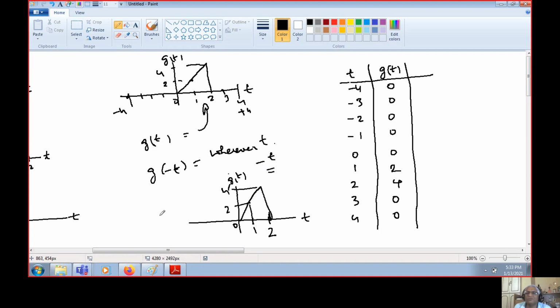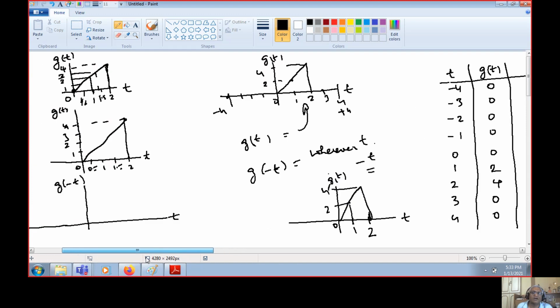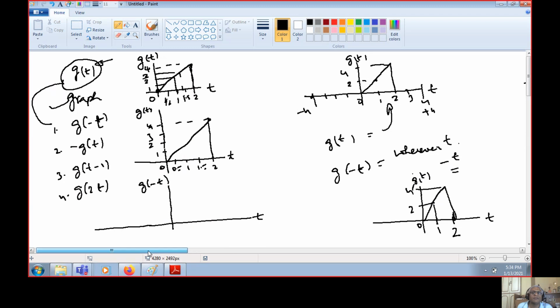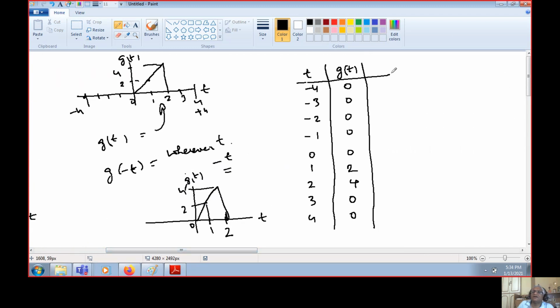Now what are we interested to plot? We are interested to plot a graph called g(-t). Now let us try to find out what is g(-t). I want to plot the value. All I have is g(t). I know these values for different times. See, t does not change; the value of g(t) remains constant. What is the new thing that we want? We want g(-t). This is g(t). We want g(-t).